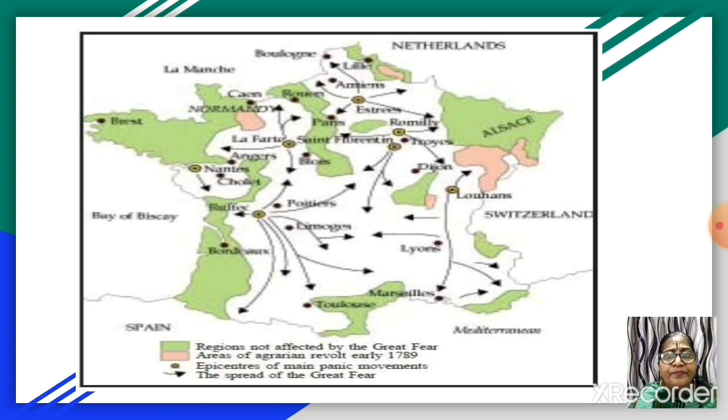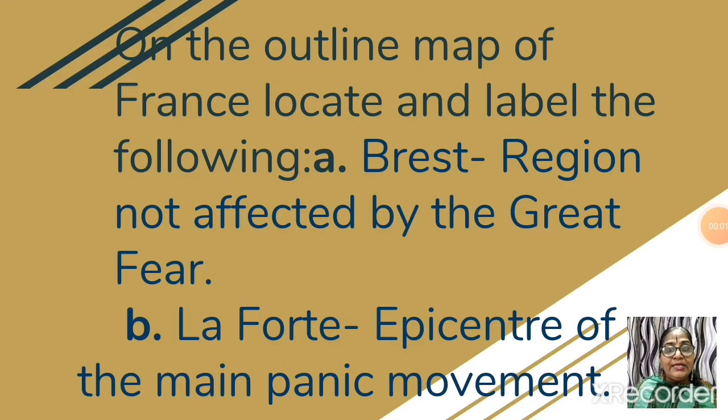So now, we will do this activity of locating. We will locate a few places in our map activity book. So children, let's learn to do the maps and locate different places. We have this map in our history textbook, on page number 9, Lesson number 1, French Revolution. You can do this map in your map activity book, on page number 46 and 47.